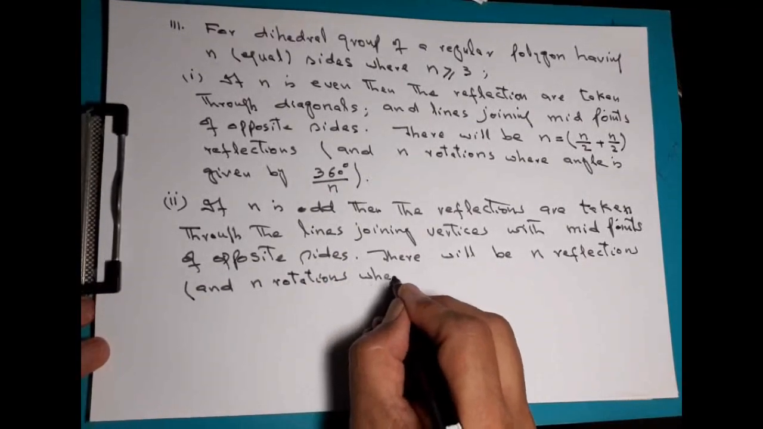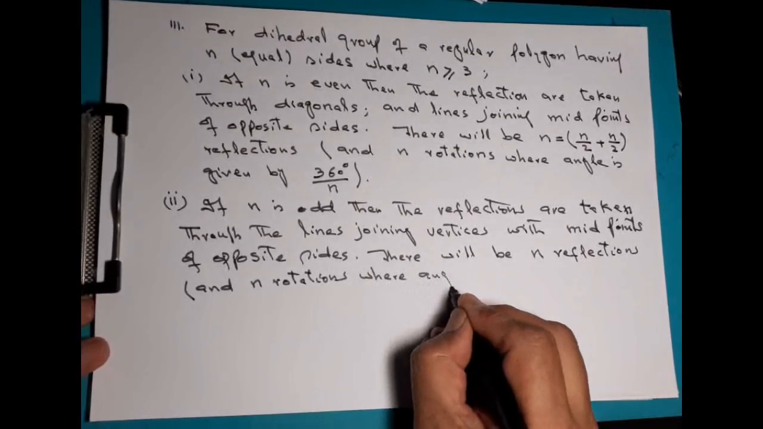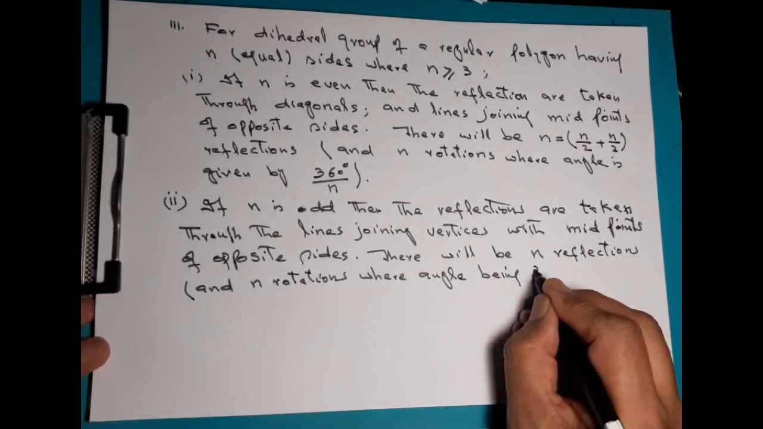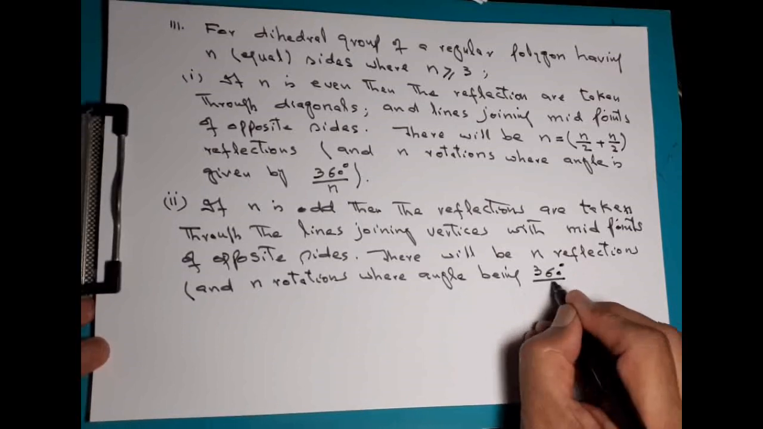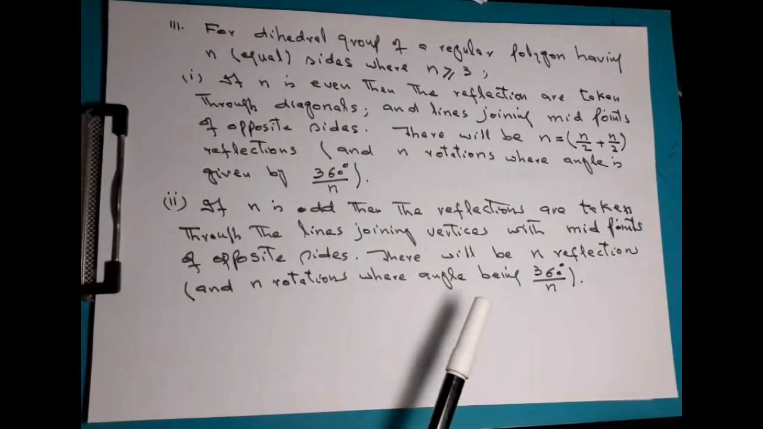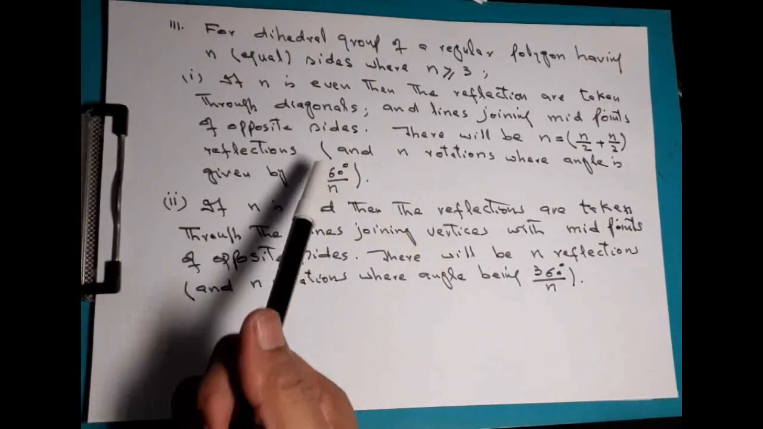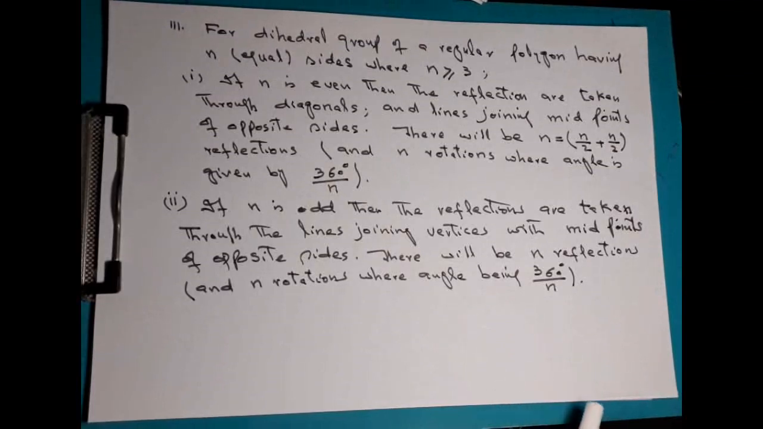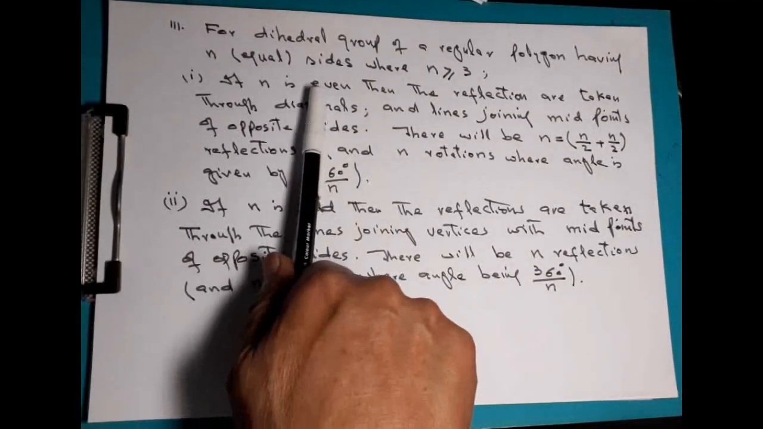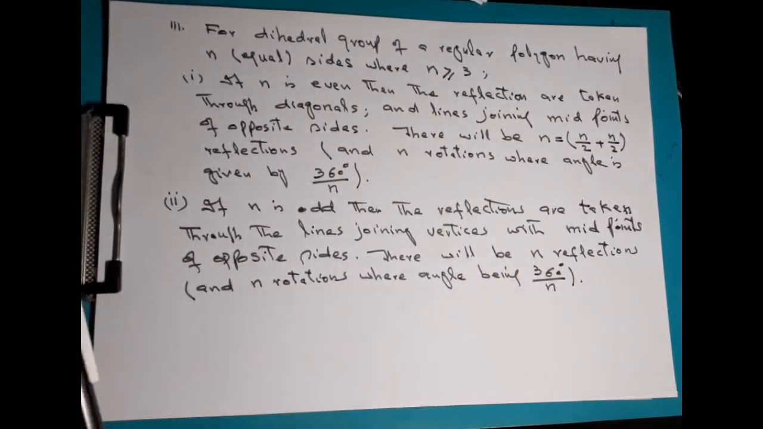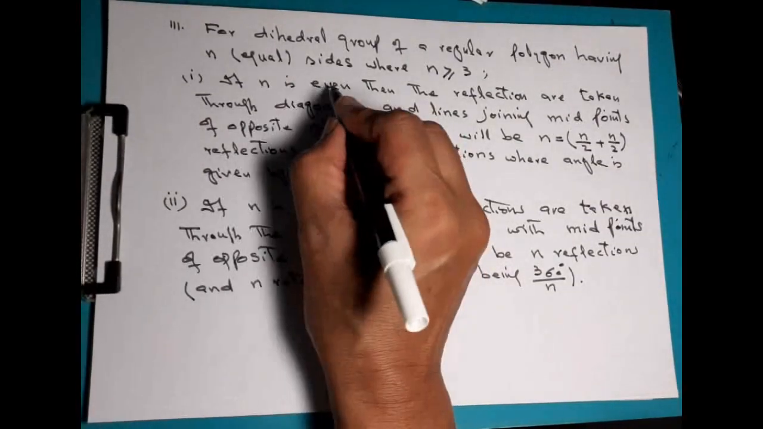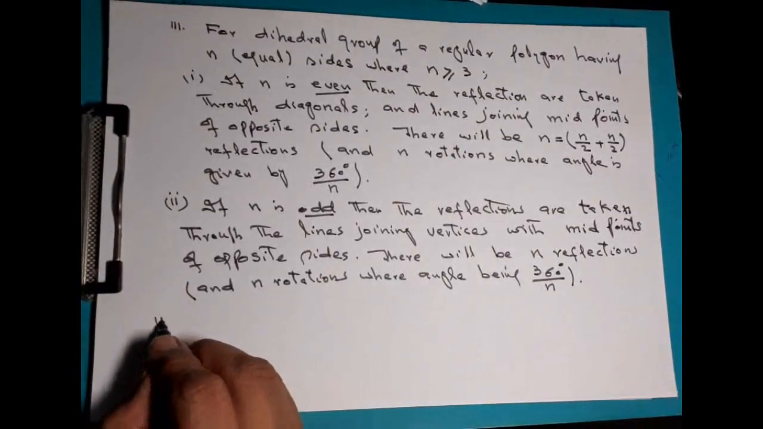where the angle is 360 divided by n. So again, there will be n reflections and n rotations in both cases. But in case the number of sides is even, this is the way we get reflections, and if the number of sides is odd, then this is the way we get lines of reflections. So finally we note that